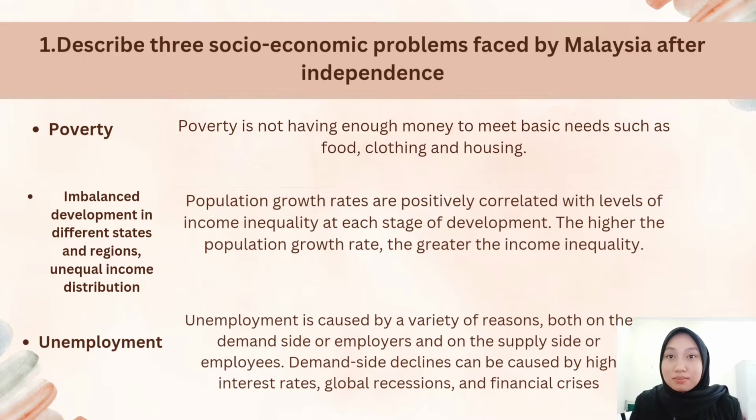Number 2 is imbalanced development in different states and regions, and unequal income distribution. Population growth rates are positively correlated with levels of income inequality at each stage of development. The higher the population growth rate, the greater the income inequality. Okay, number 3 is